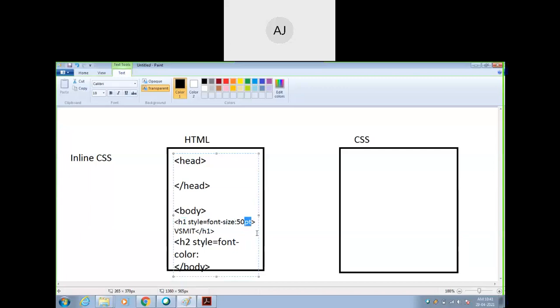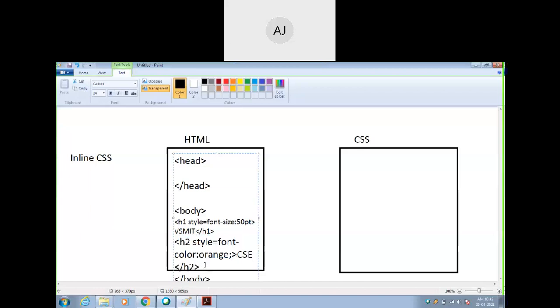I have not given the semicolon there. Then for the H2, style is equal to font color, I will give orange, and I will give a colon here. So this is my other CSS. Sorry, I have not given the text, so I will use CSC here, then H2 will be closing.